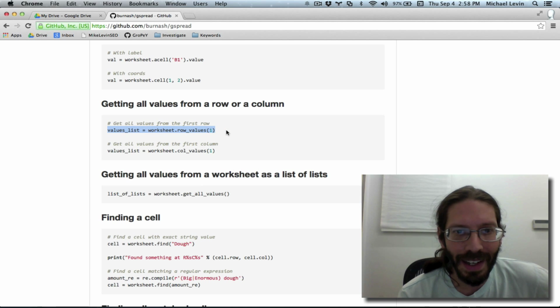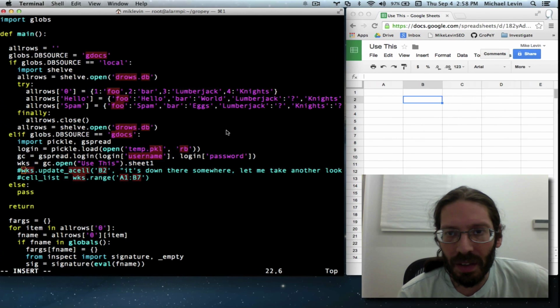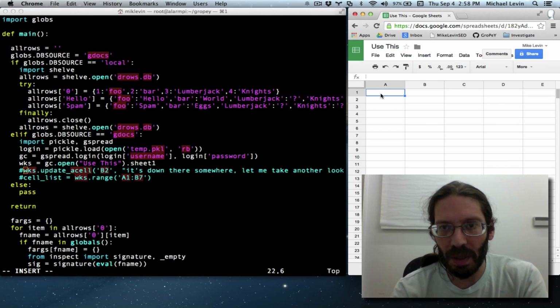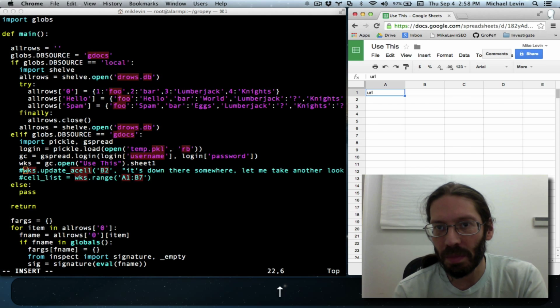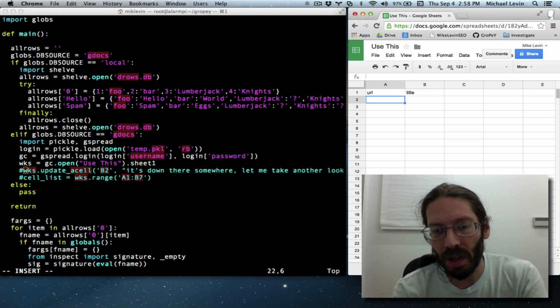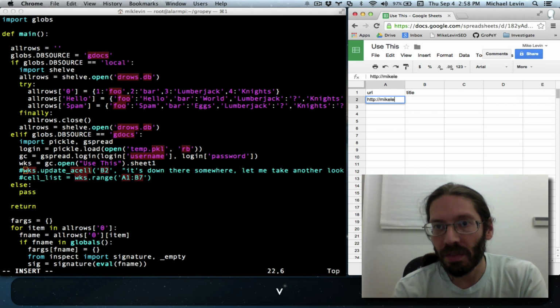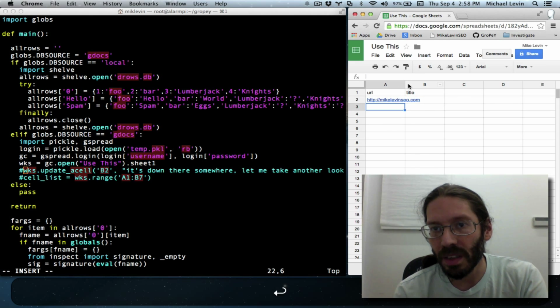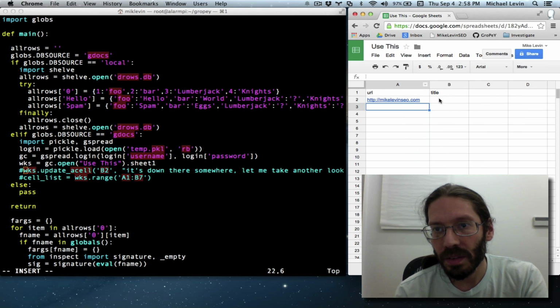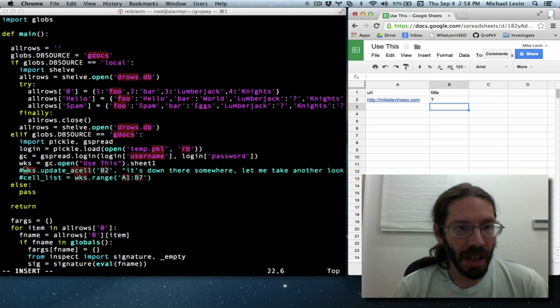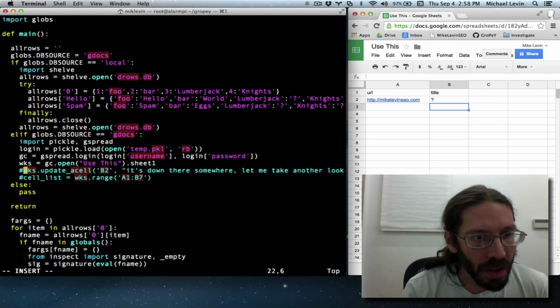So I'll just copy that, and I'll have to do some prep on the spreadsheet here, make this look very typical of one of my projects where the first thing might be called URL, the second thing might be called title, and then an actual URL would be here, like MikeLevinSEO.com. Let's use that site. And the title would be a question mark because we don't know it yet. And now we can